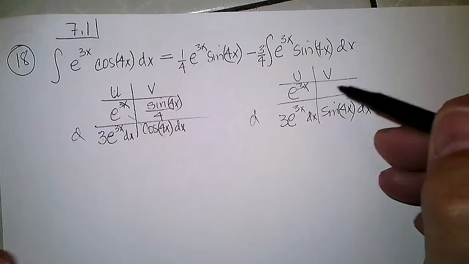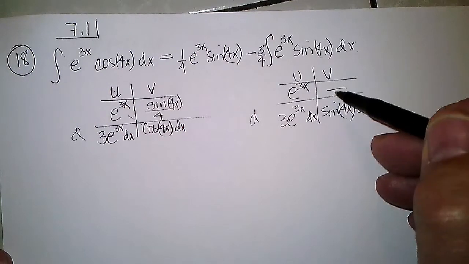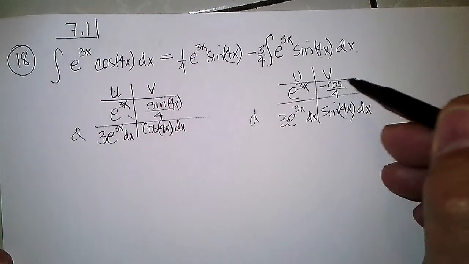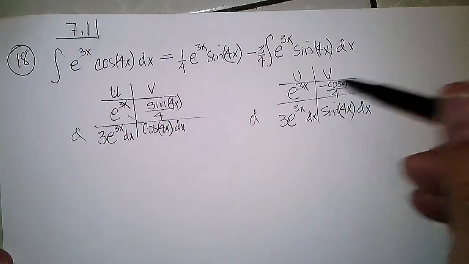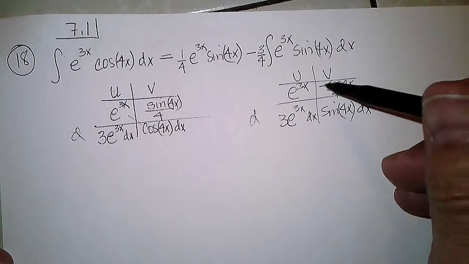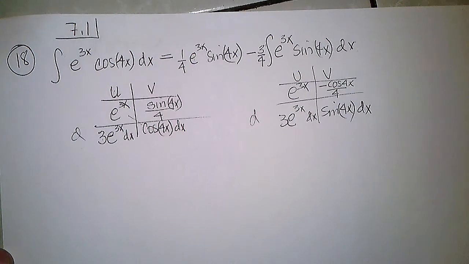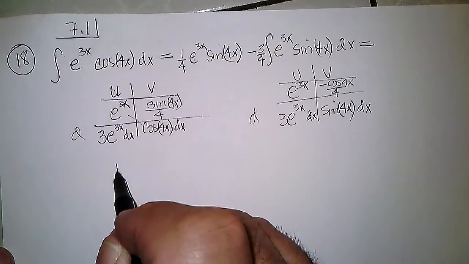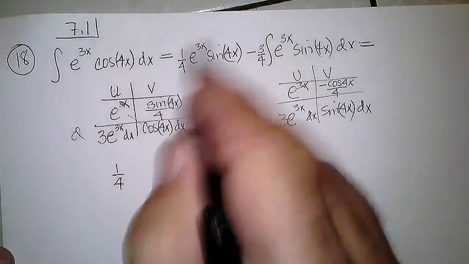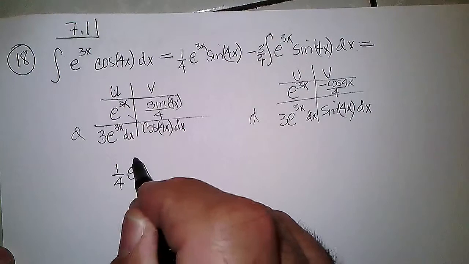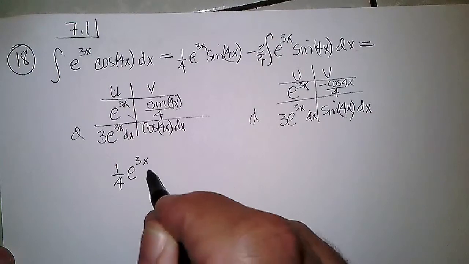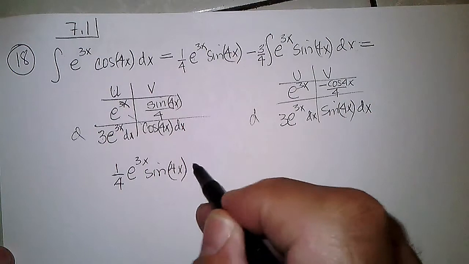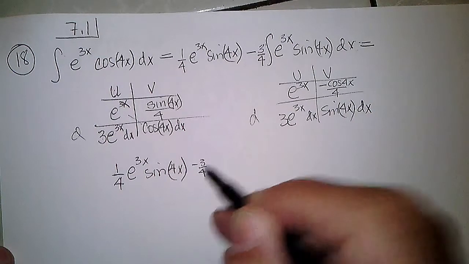The integral of this would be 1/4 again, and it would be negative cosine 4x, because derivative of cosine is negative sine, so derivative of negative cosine would be plus sine. So this would become 1/4, this is this part, e to the 3x sine of 4x minus 3/4